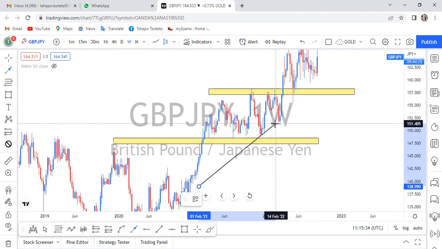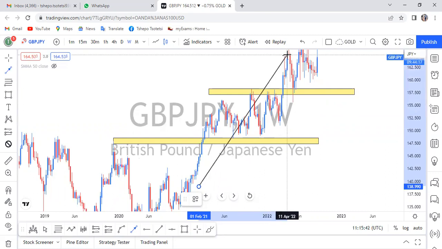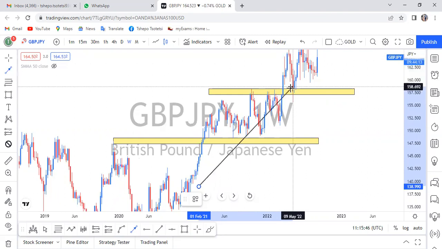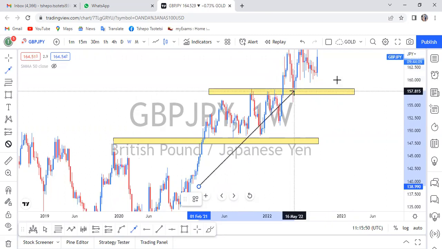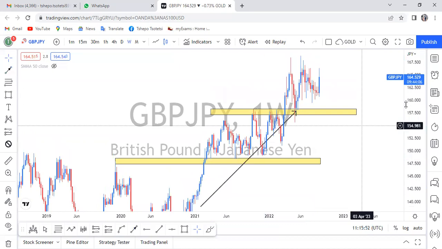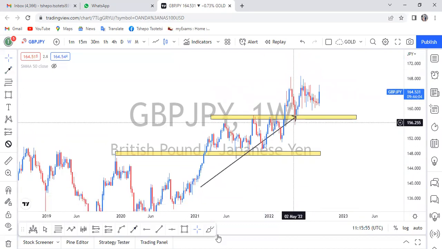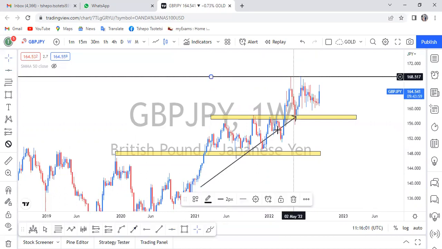And remember what I said, our resistance can turn into a support, and support can turn into a resistance. When you see this candle, it did break our resistance and came to retest here. It came to retest, which made our resistance turn into a support. So now with this resistance level, that we